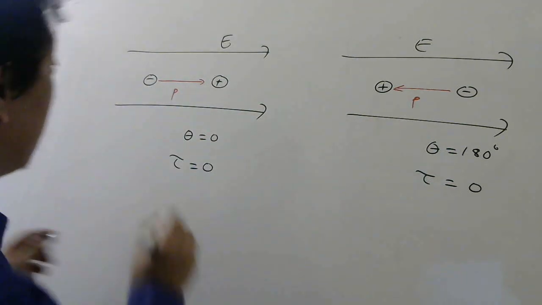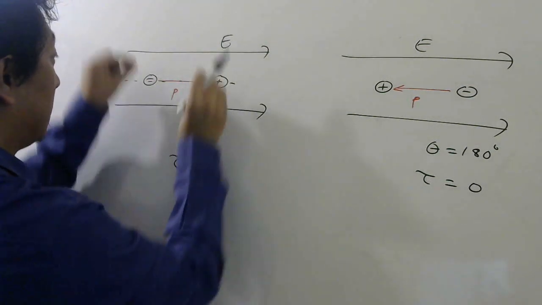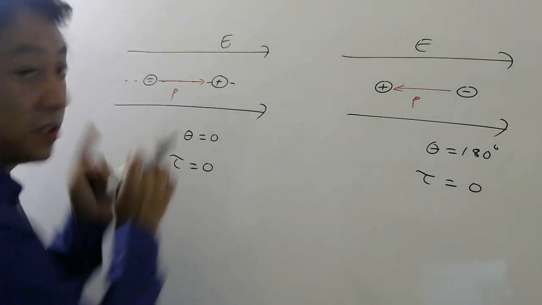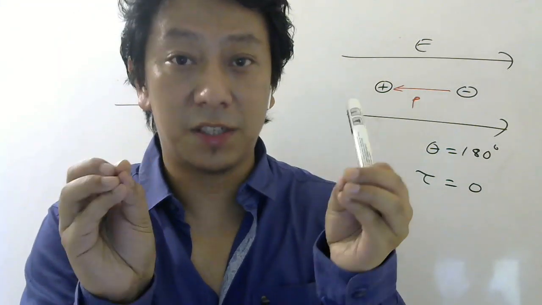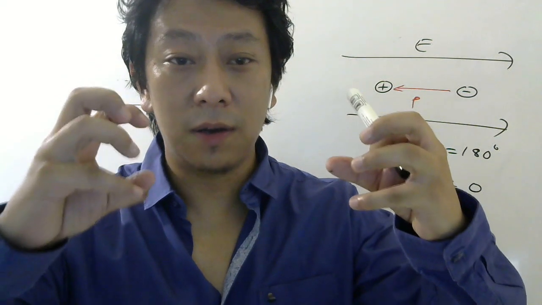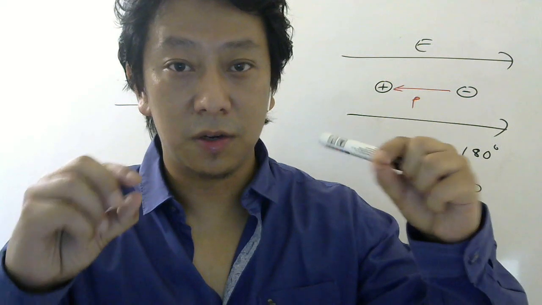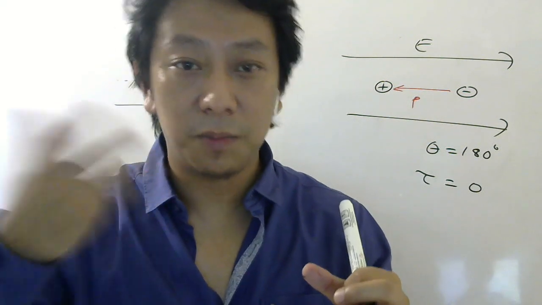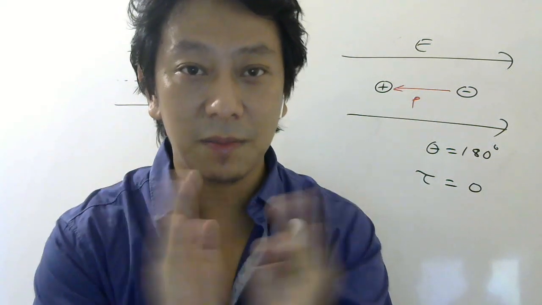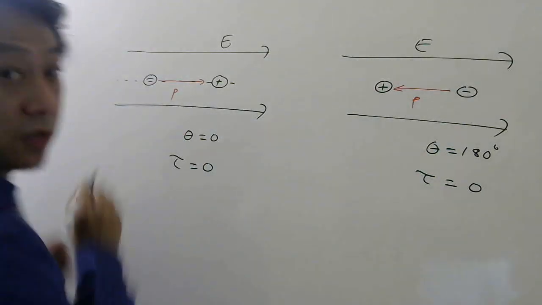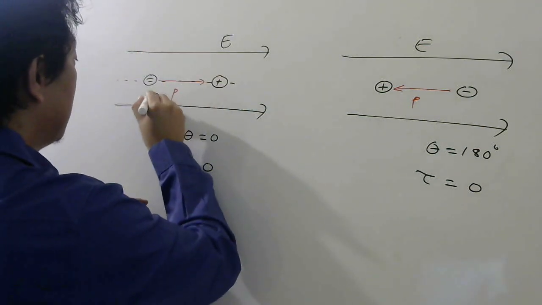But listen carefully now. If I slightly displace this side, because you cannot change this distance, when we say electric dipole, the distance between them is fixed. It is like you take one metal ball, take another metal ball, and between them you put some rod, and then you charge one of them positively and the other negatively. Then what happens? It becomes a dipole, and the distance between them cannot change. So here, students, look carefully. If you slightly displace the dipole like this, so minus is here, plus is here.